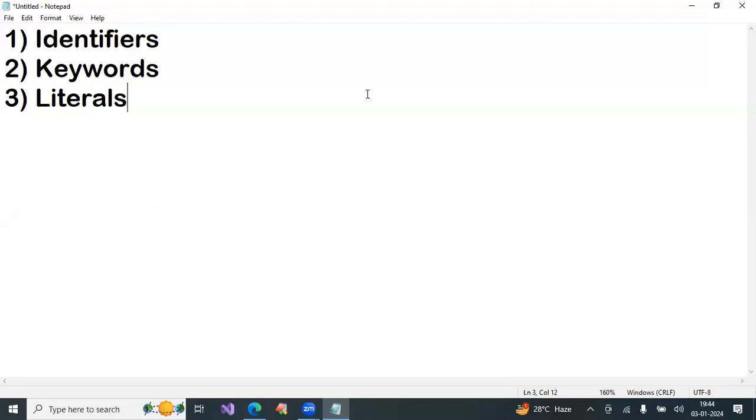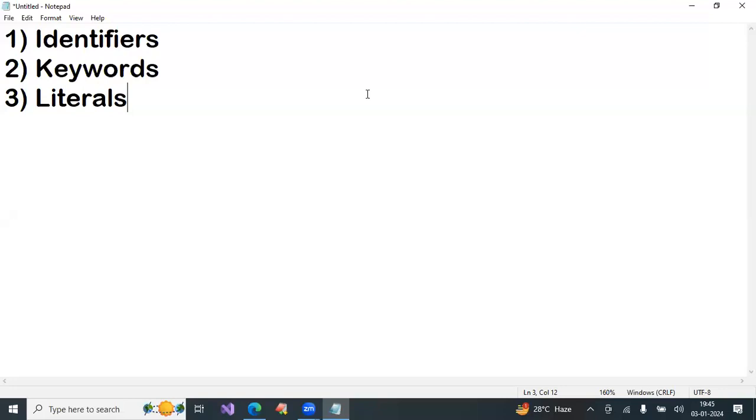The identifier must begin with alphabet, underscore, or dollar. Digit you cannot write as a first letter. Length of the identifier, there is no limit. In other languages, limitation is there, but in Java, there is no limit. N number of letters you can write.